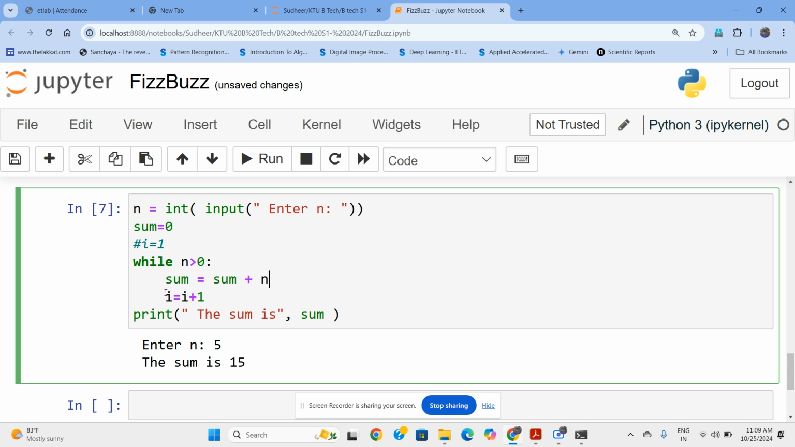What should we do here? There is no i in our variables now. How can you modify? Yes, n minus equal to 1. What is the meaning of this? n equal to n minus 1. Okay, then